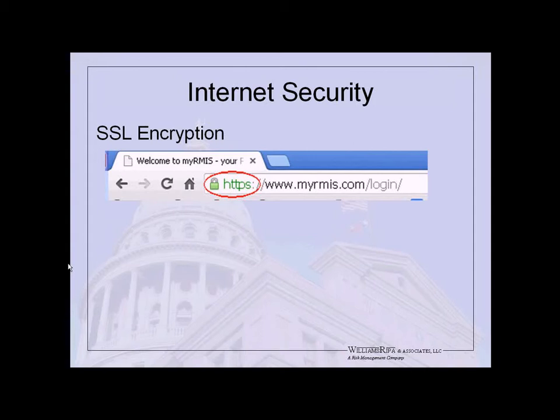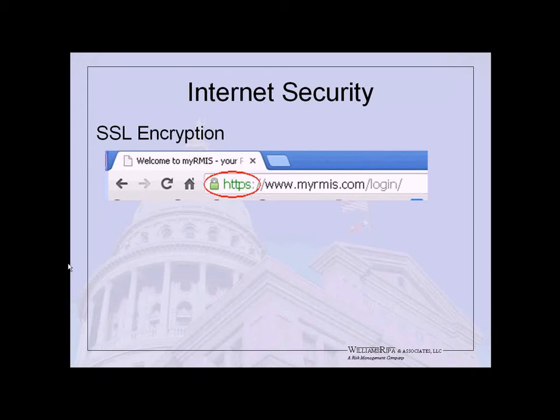SSL has become kind of the standard for internet security, encrypted connections. And if you have a bank account or you get online to check out your credit card or something like that, they're always going to be on something like this with an HTTPS. What that really means is there is a security certificate on your server, and when people access it, it goes through this protocol, which I'm not going to get into the details of, but at the end of the day,